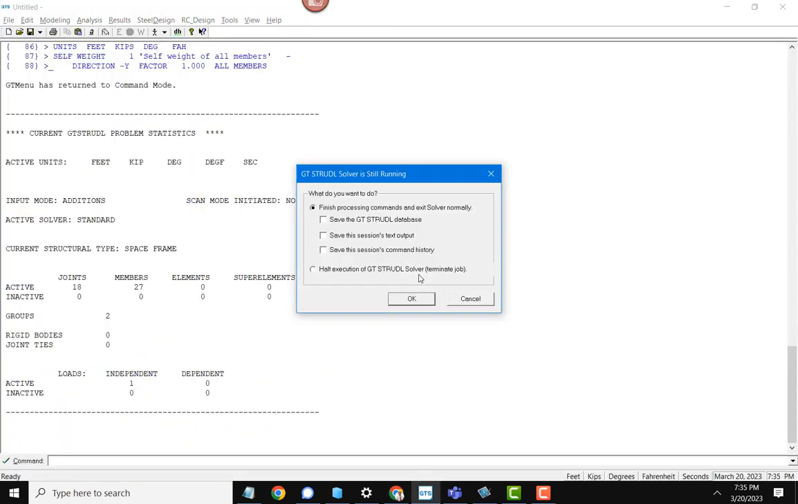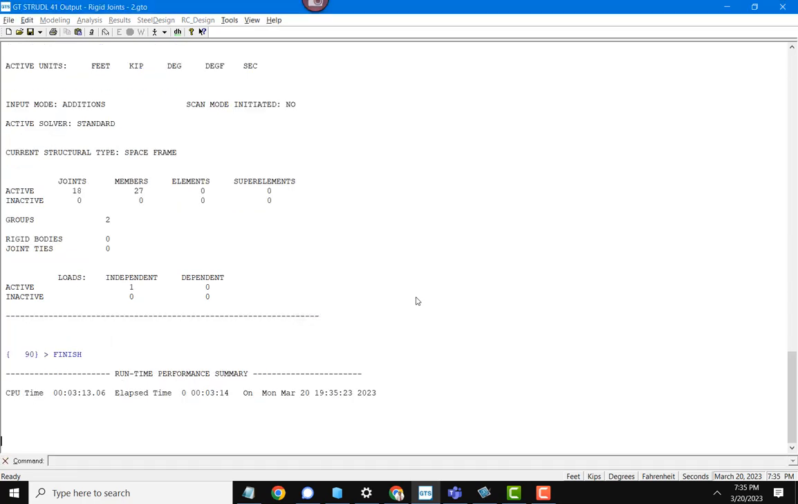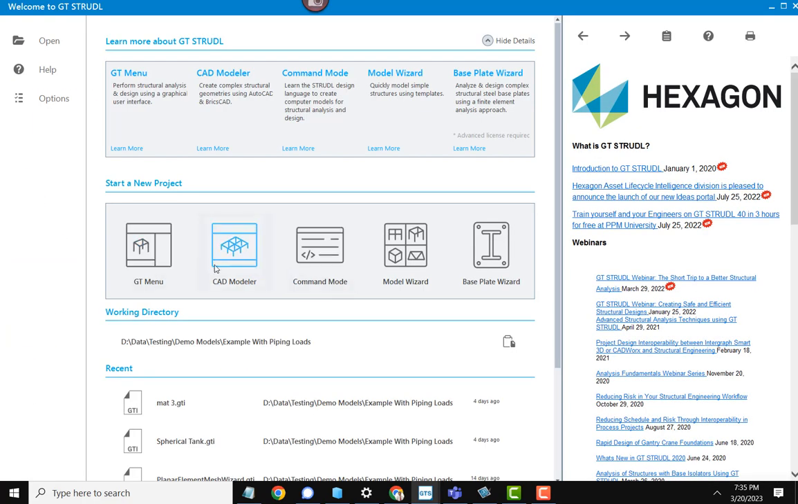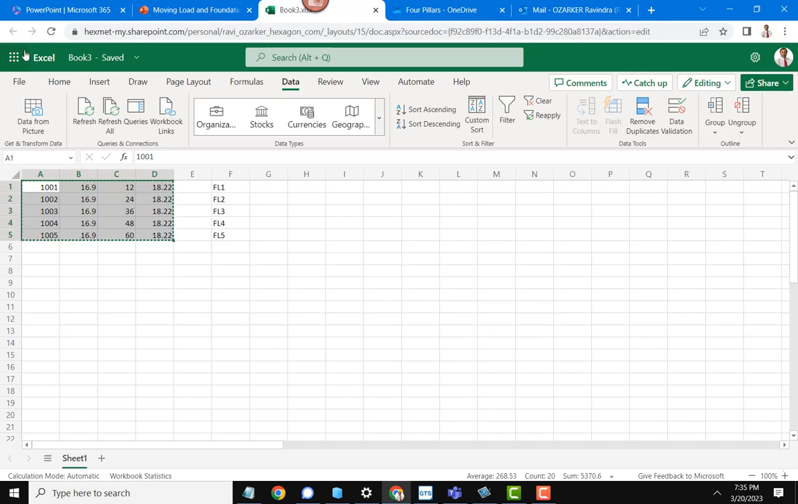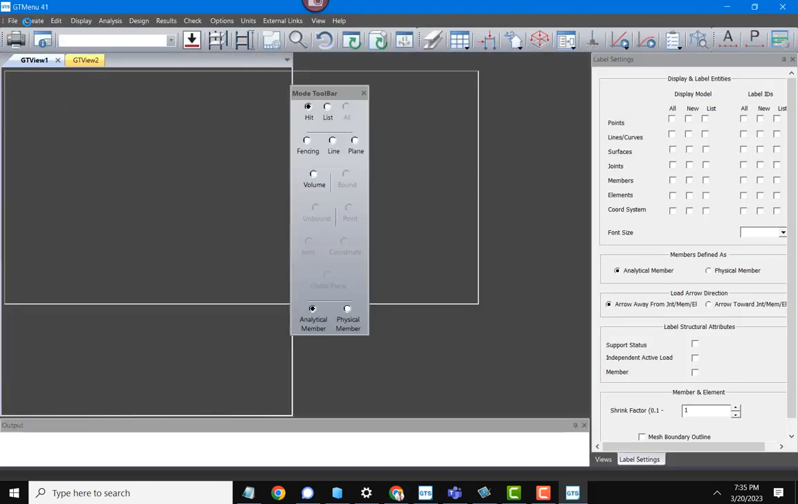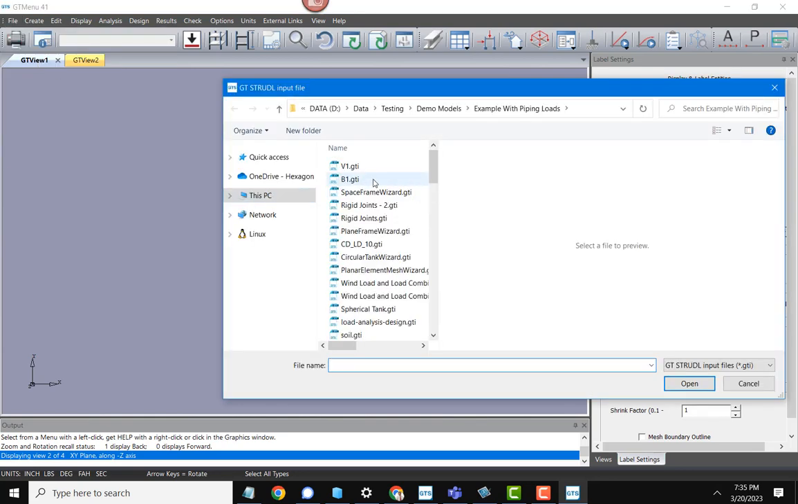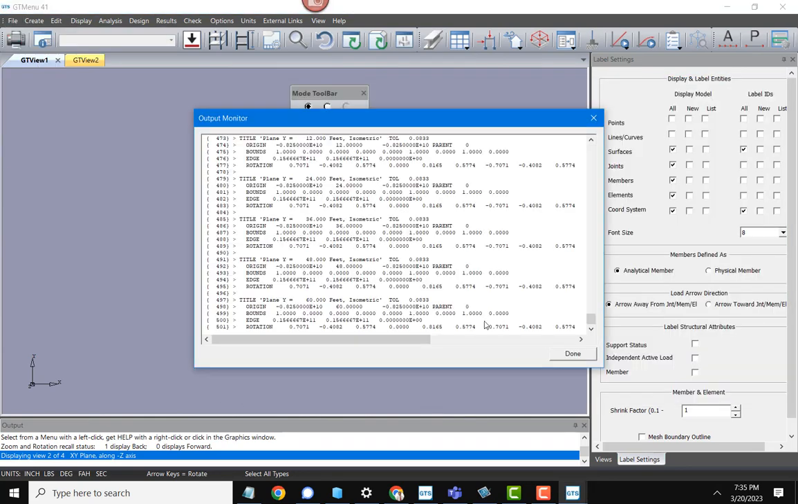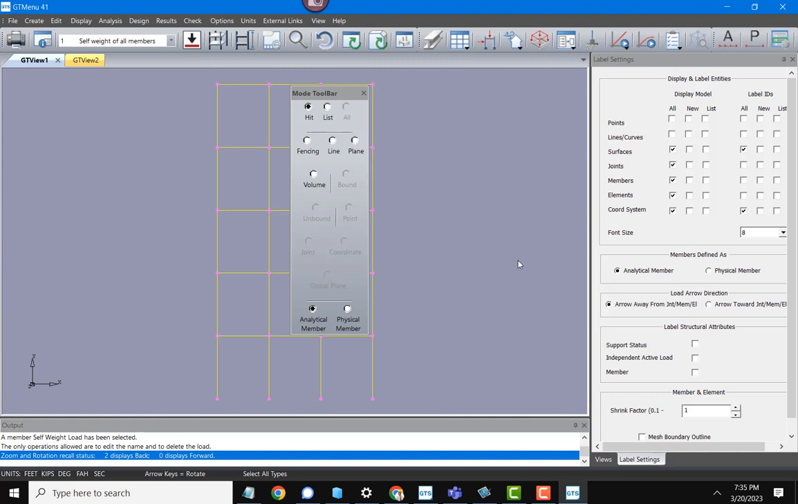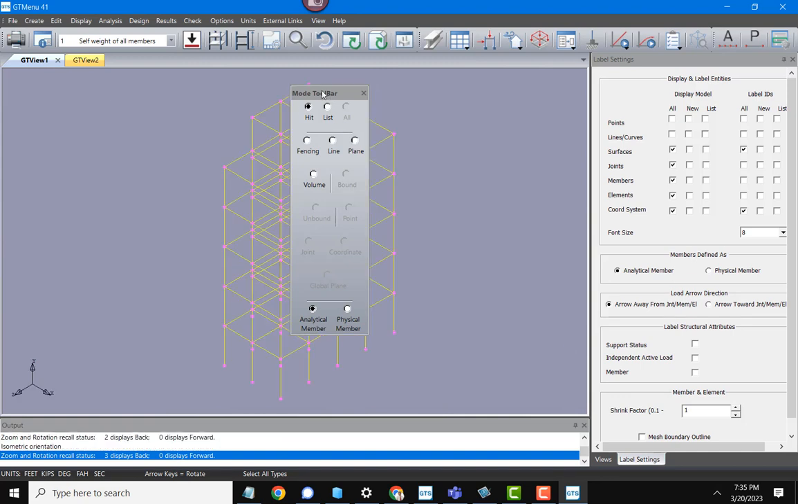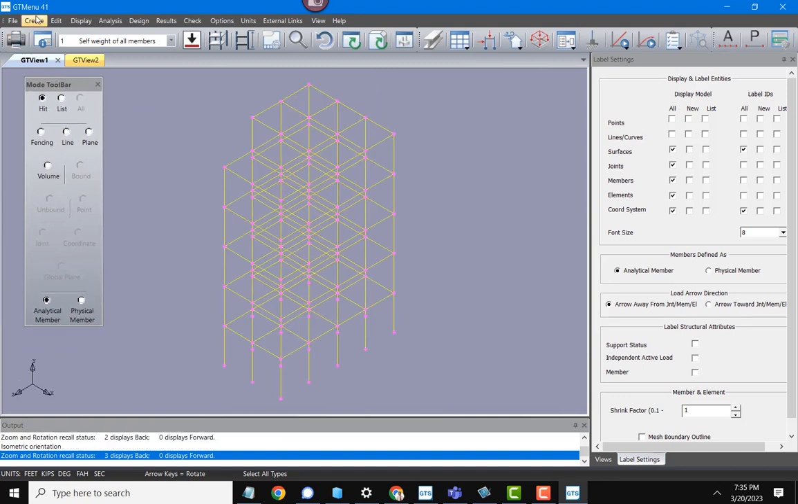Okay, and I just wanted to show you that. Let's go back, and this time I'm just going to open up the b1.gti file that I had created. So if I go to File, Open, here you see the input file, and I'm just going to now again show you the isometric view of that